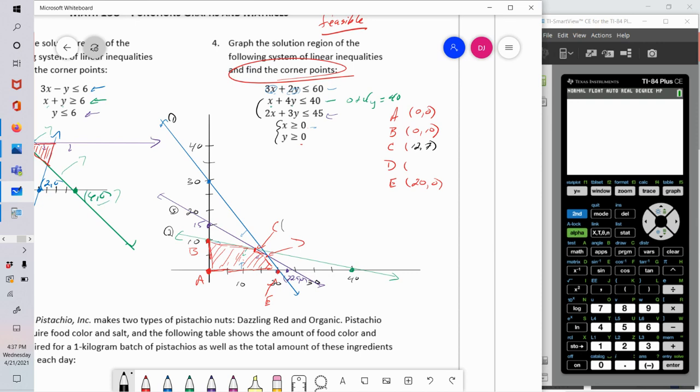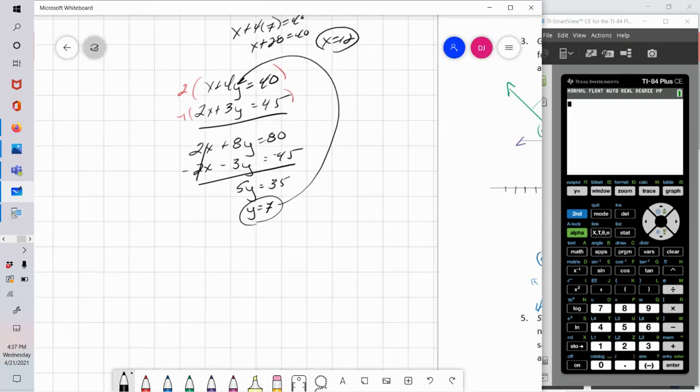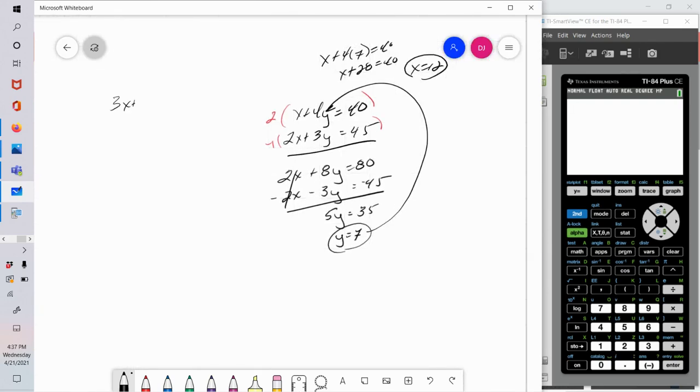A little bit of work here. Point D is the point where the purple and the blue line intersect. The blue line is 3x plus 2y equals 60. And the purple line is still the 2x plus 3y equals 45. Now I can solve the system either way. The first system I chose to solve algebraically. I could choose, if you recall,